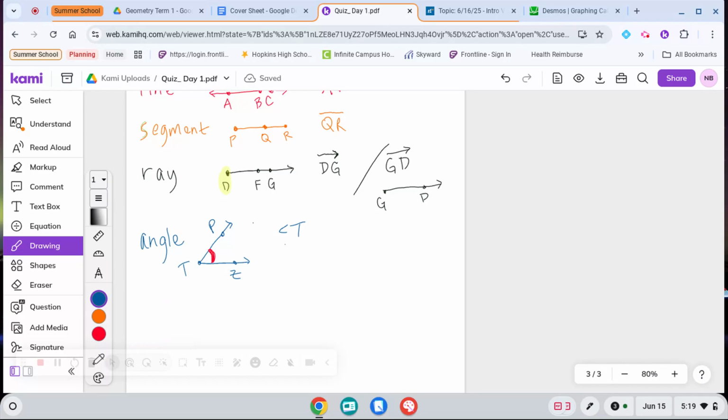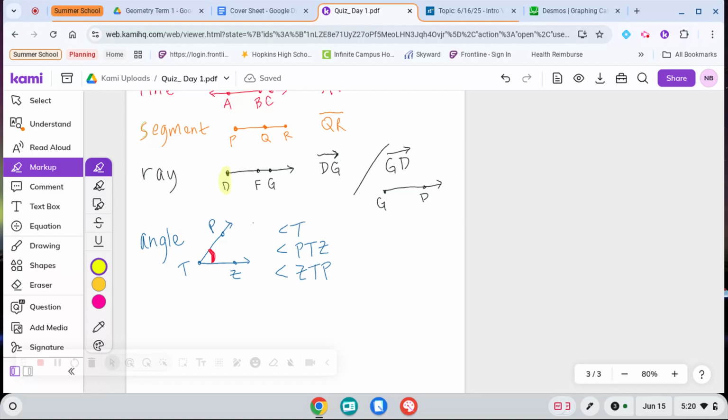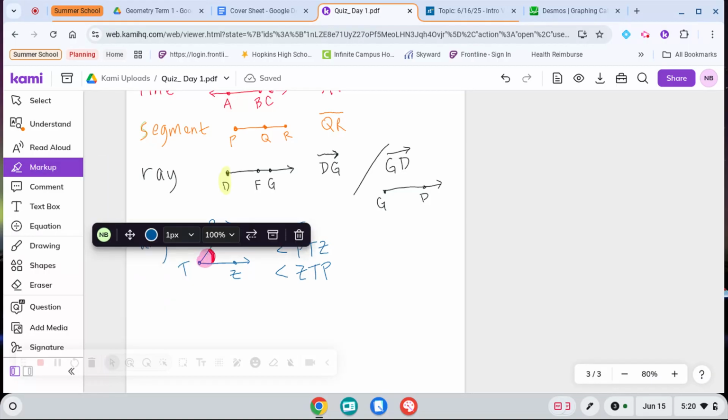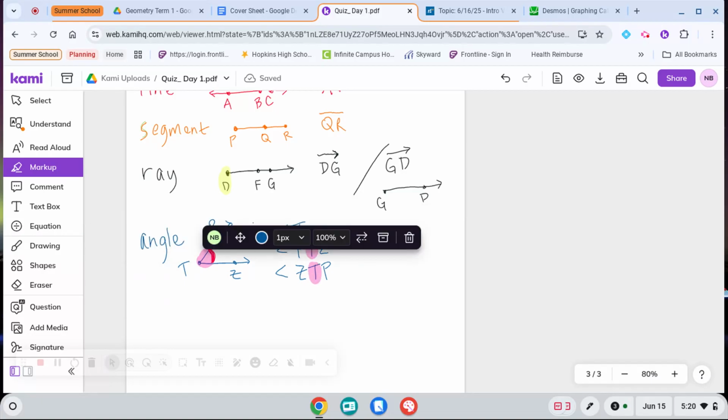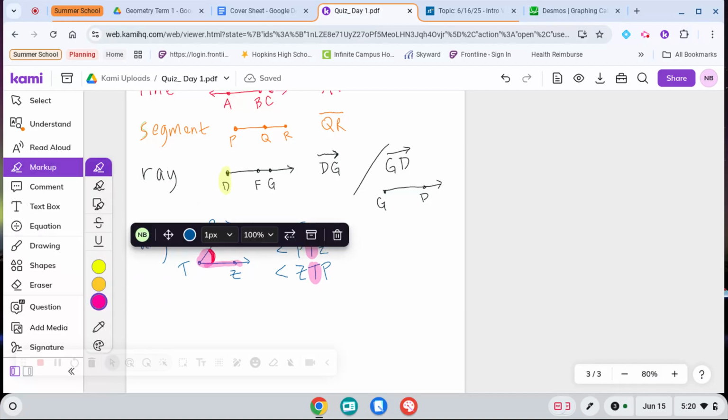We could also call it angle PTZ or angle ZTP. What I want you to notice is that the angle right here where the arc is, that letter has to be in the middle. Okay? Because if we trace it ZTP,